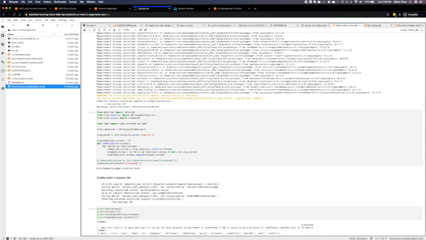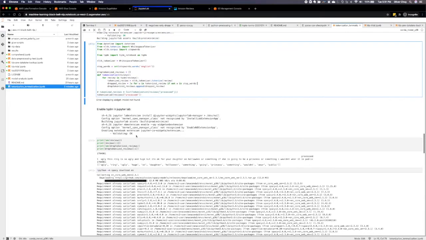Oh, there you go. This line right here: if the word is in the stop word list and if it's in the review, you basically drop that word, right? And then in the same kind of function, I want to be able to tokenize that, so that the sentence will be split into basically individual words. And finally, with that,